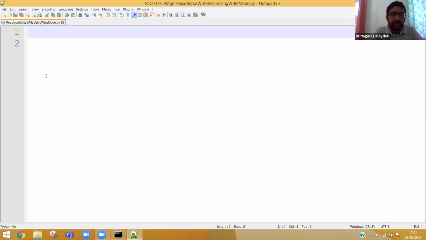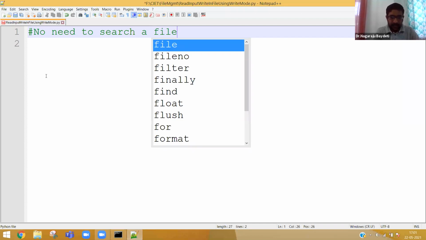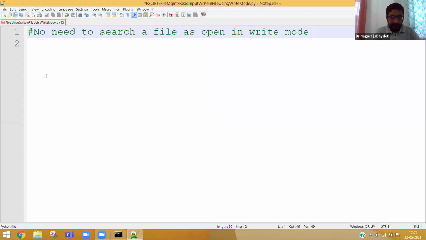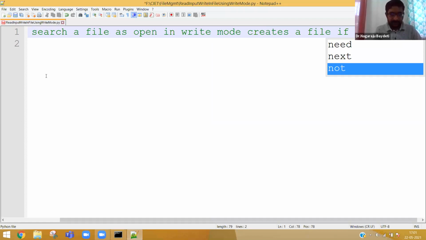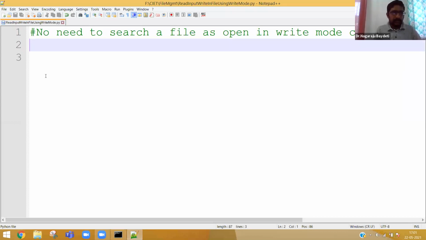So there is no need to search the file here. No need to search a file, as open in write mode creates a file if it does not exist. I hope everybody understood that logic. Okay, so it's very simple.